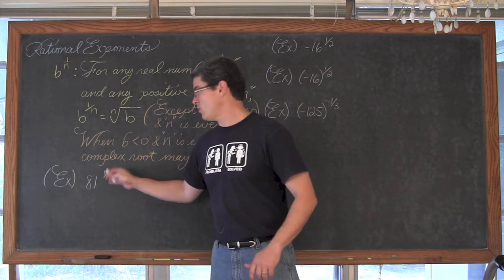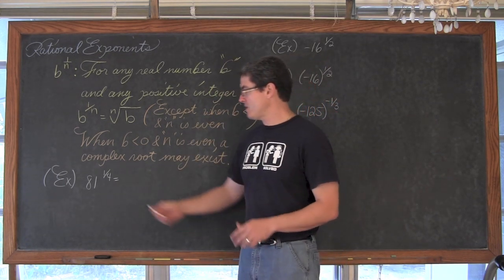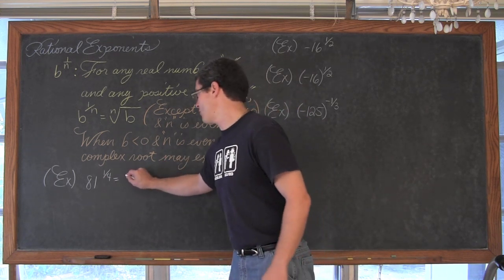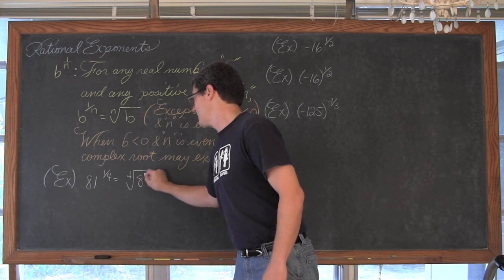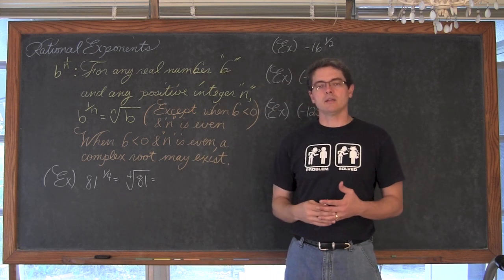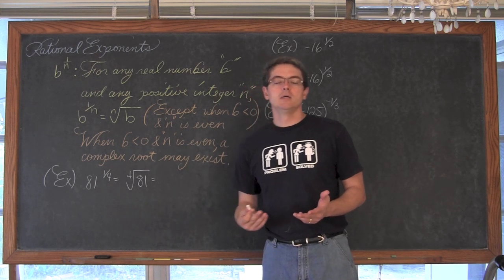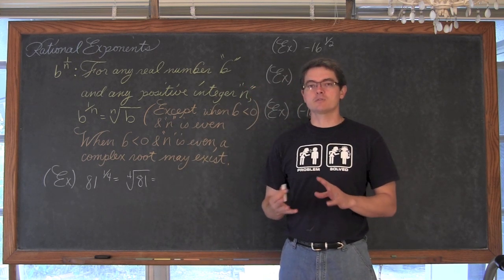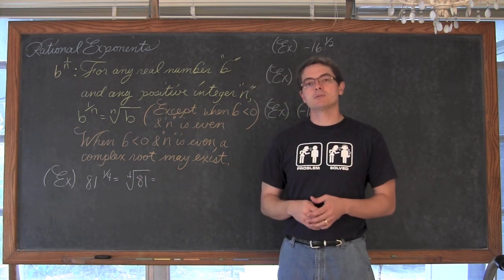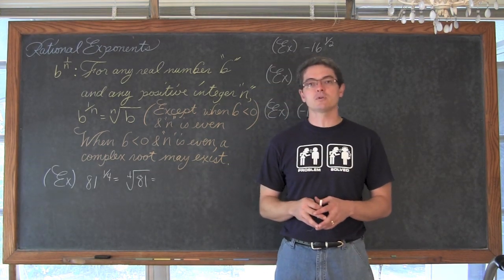We have 81 to the 1/4 power. Now we're just learning how to deal with fractional exponents, so let's make sure we understand again that the denominator is the root, so we can rewrite this as the 4th root of 81. And we're doing all these without the aid of a calculator, so the roots, especially when we start talking about 3rd, 4th, 5th root, and so on, are probably pretty small numbers that have been raised to those high powers. So the 4th root of 81: what number multiplied by itself 4 times is going to equal 81?